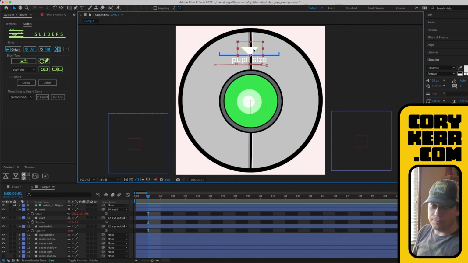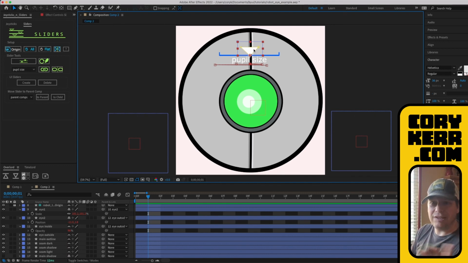And the nice thing about it is once you do that, you can control tons of stuff with one controller. Just imagine if you wanted to turn the head of this robot eye, and every time you turn the head, you had to go in and do the scale on several different layers, the position on several different layers, and keep track of all that, the size of things, and make sure you're doing all of that correctly, and make sure that it links up, parents and all that stuff. Instead, you just do that one time for all of the extremes, center, right, left, up, down, and then you link it all up to a joystick.